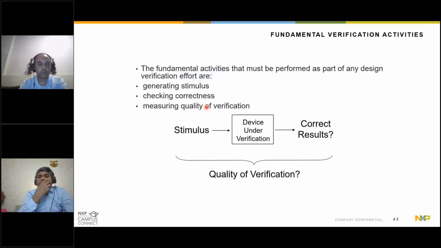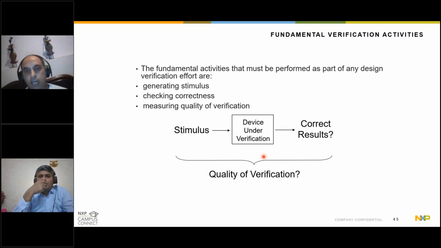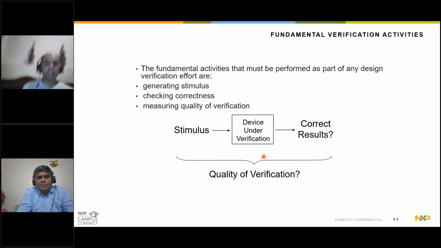So what is verification? Basically you have a design under verification here, and you want to exercise it. Sometimes you can also call it DUT, design under test. You provide a certain set of stimulus, and you have certain expected output from the device, and you measure the output coming out of this device against that expected output. If it matches, that means your RTL model is behaving as expected. And if there is a mismatch, that means there is something to debug, some correction is needed in the functional description, and then you go through that cycle again. Okay.